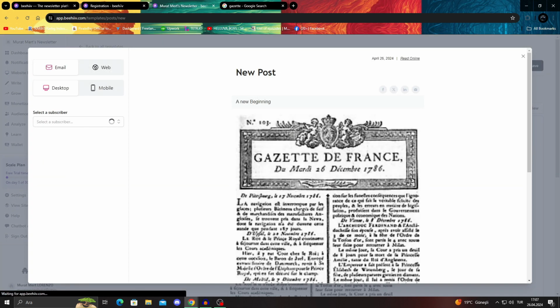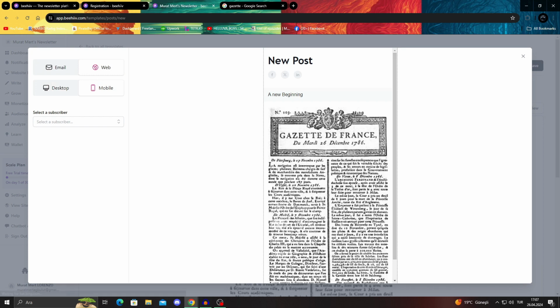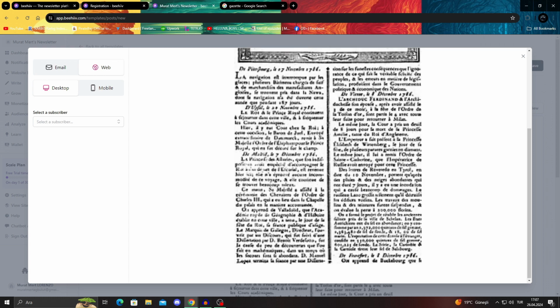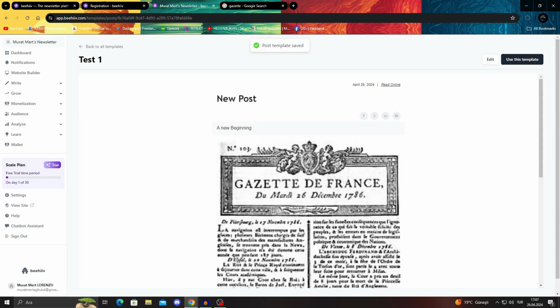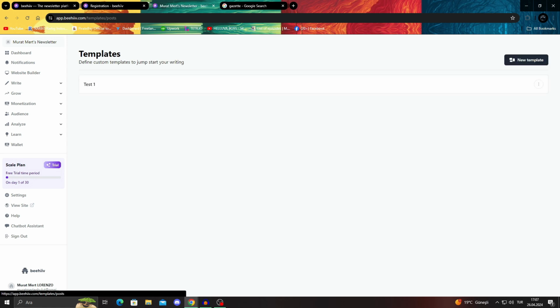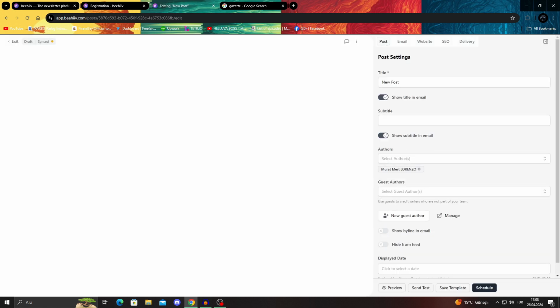You can, of course, go on and preview this in the web, in the mobile version, in an email. Like I said, again, desktop, mobile. And when you save it, you can use your test template, or if you go back to the dashboard, you can say start writing. And if you say just start writing, you write without any templates